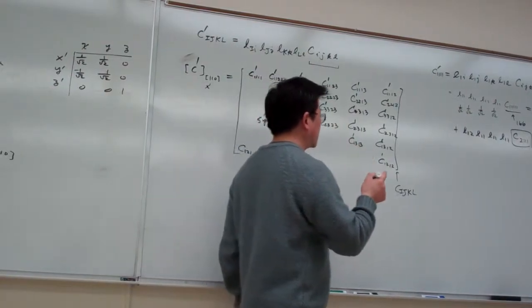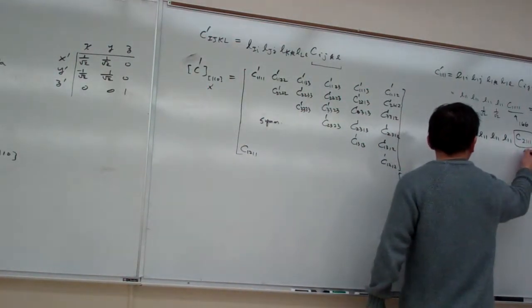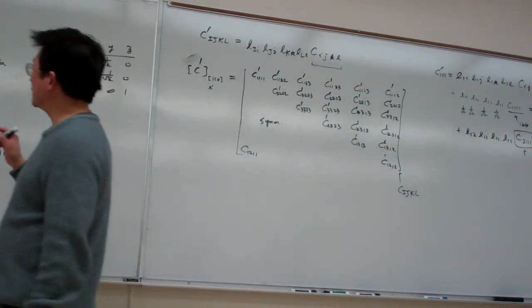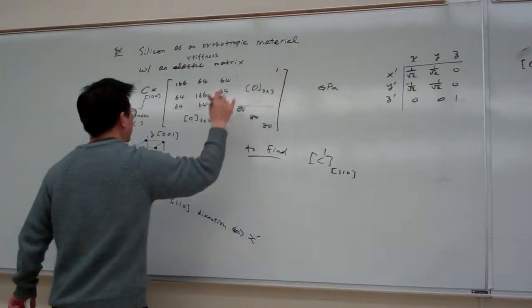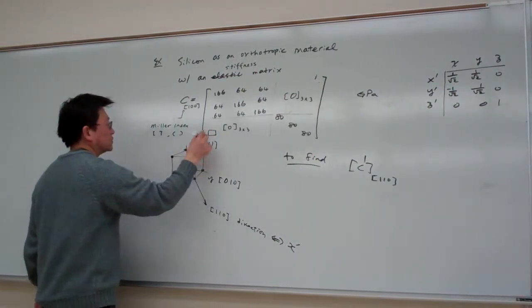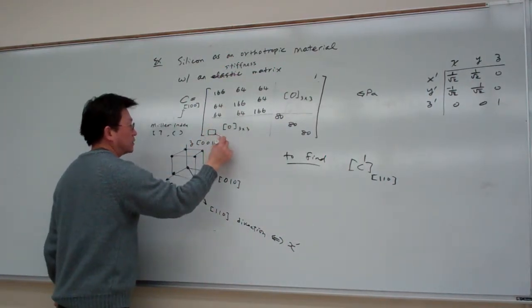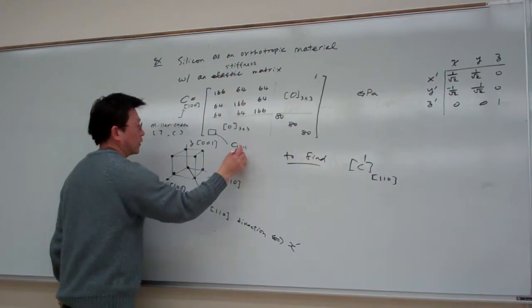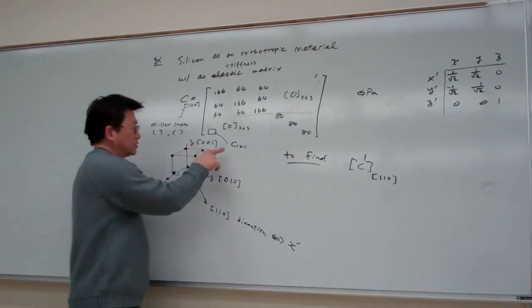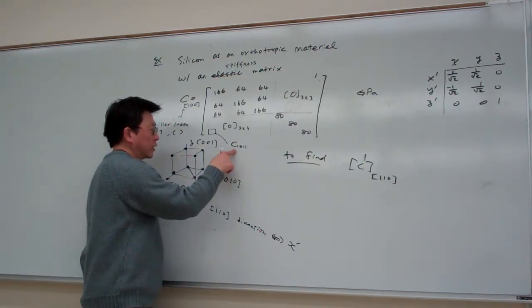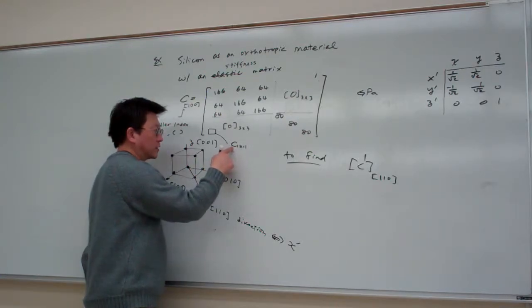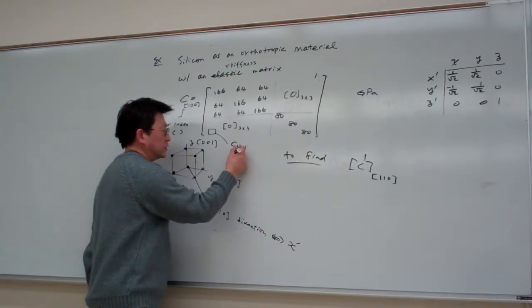Let me revise this one. I want to determine this value. That value we can obtain from not this one, we can obtain from this one. That is in the 6th row first element. This is C1211. This is the element, if you remember the properties of the content of C, the first